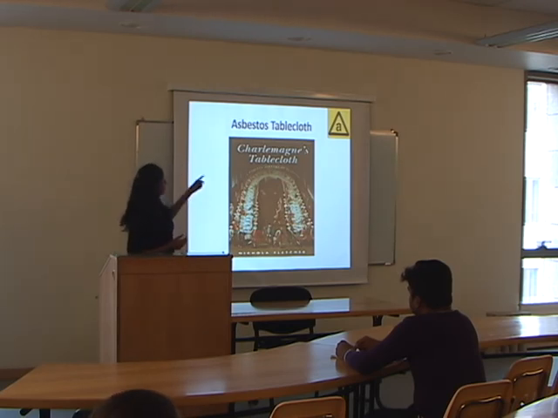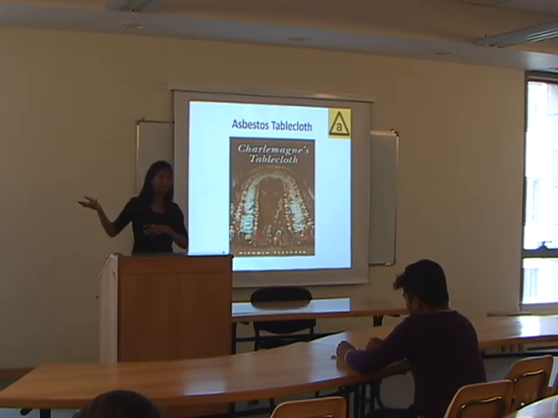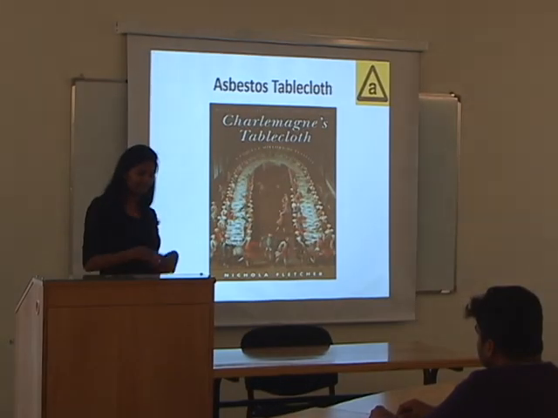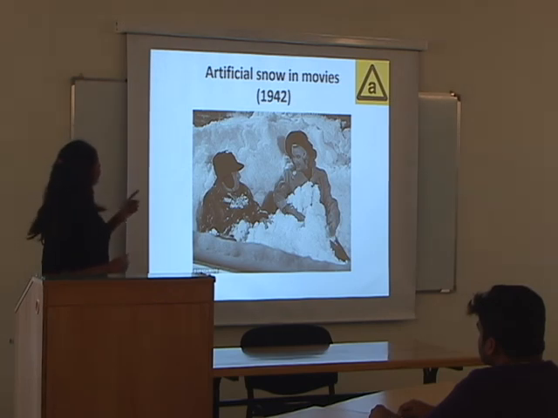This is one of the interesting products used in history. The king called Charlemagne, yeah, that's right, used asbestos in his tablecloth. It was made of asbestos, so whenever it got dirty, he would throw it in the fire, so it would be purified and he would put it back, and the dining table wouldn't get burned.